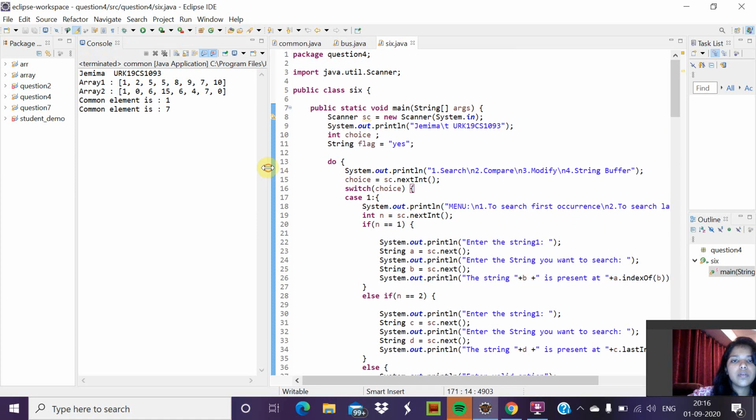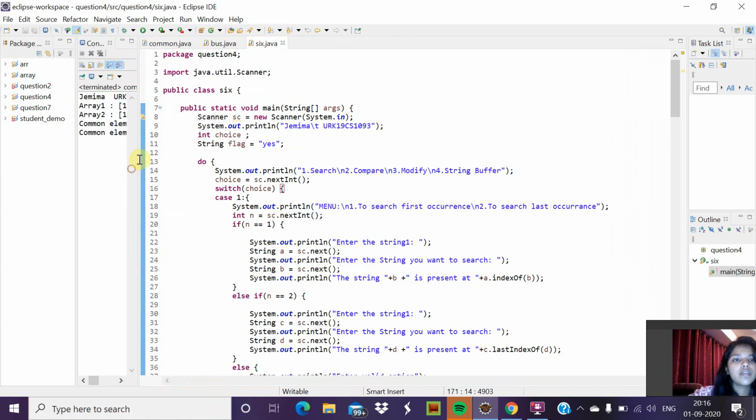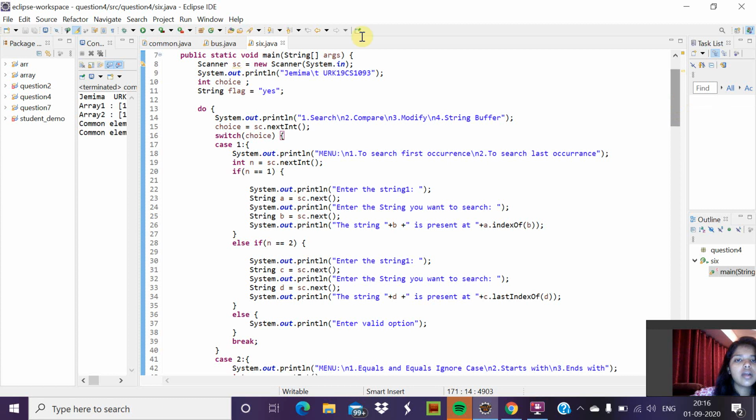Here we are using package question6 and import java.util.Scanner, because we use the Scanner class. Then public class Six is the class name. This is the main class. Inside the main class, we are initializing an integer variable called choice, and we are storing the string yes into a string variable called flag. Then using do,